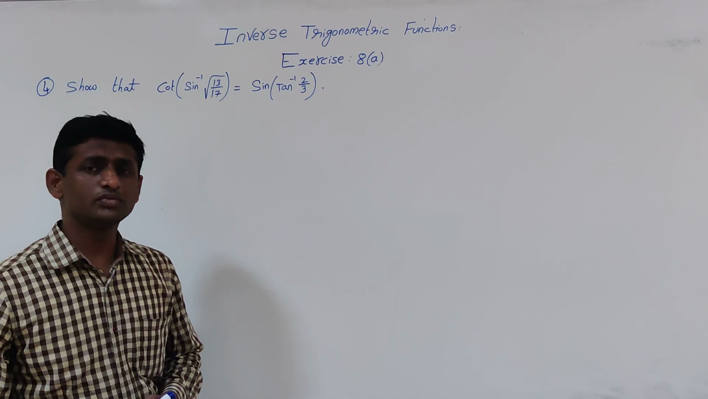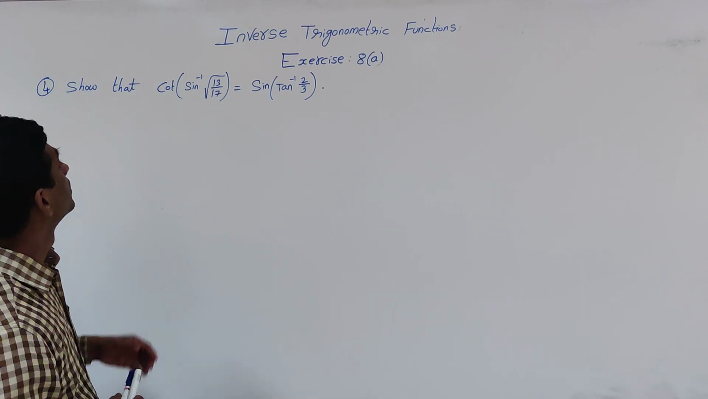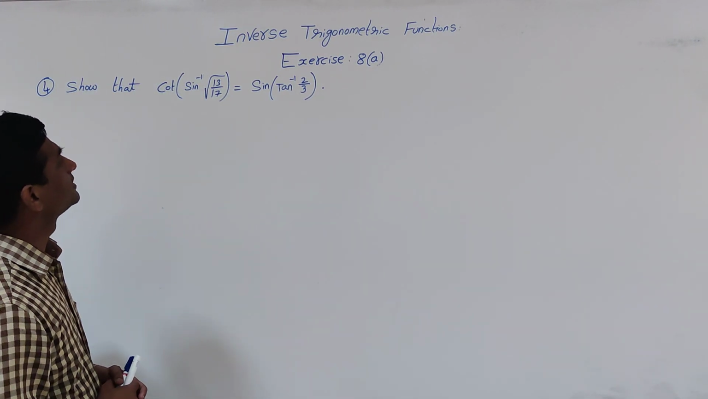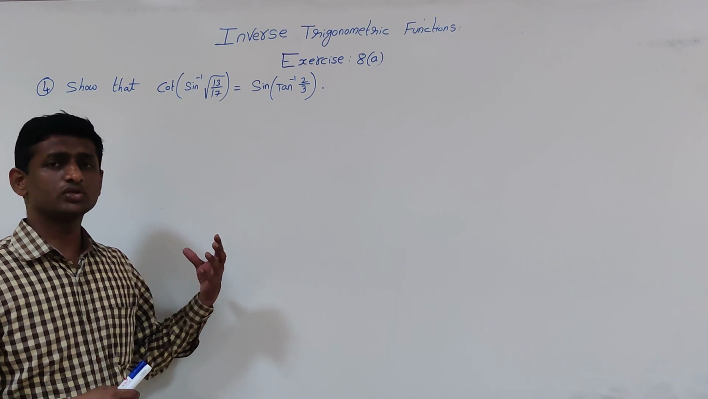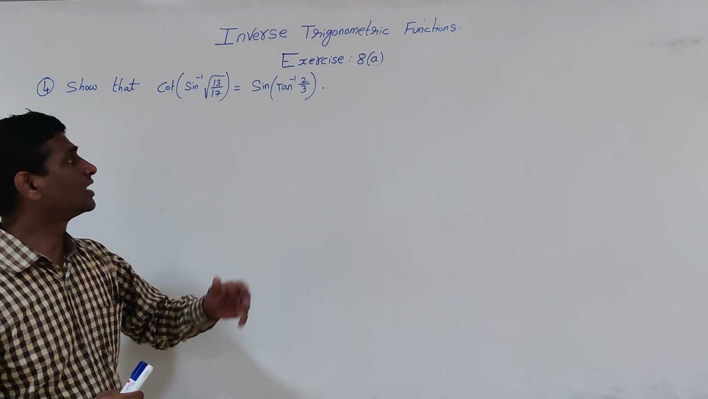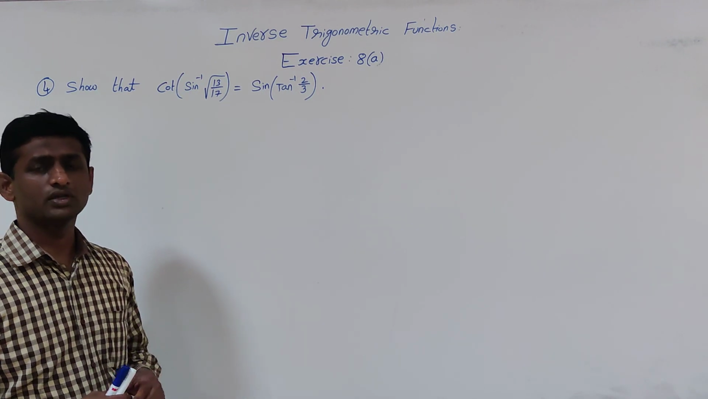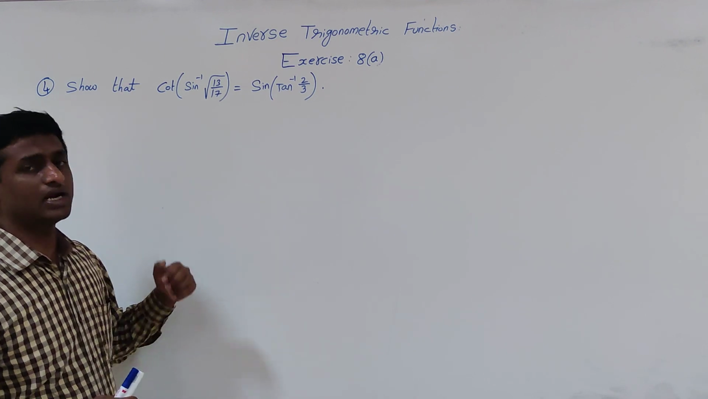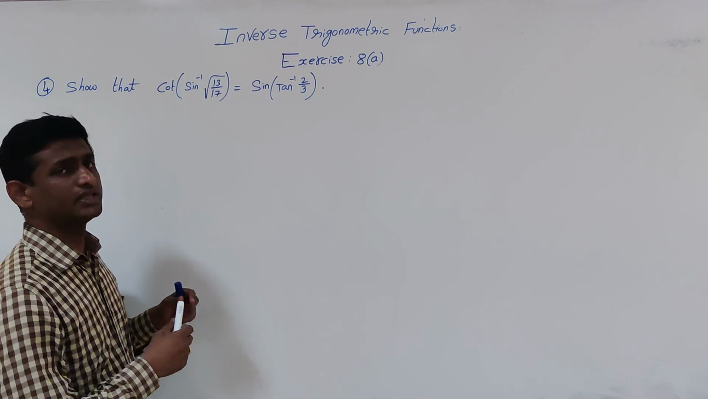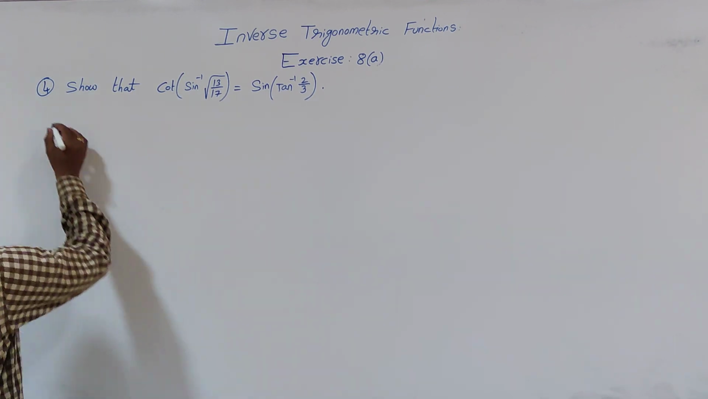So the next problem is, show that cot of sine inverse of root 13 by 17 is equal to sine of tan inverse of 2 by 3. Means we have to show that the left hand side and right hand side are both equal. So we'll simplify each part, left hand and right hand, and we'll show that they are equal. So solution: